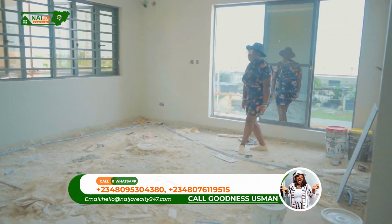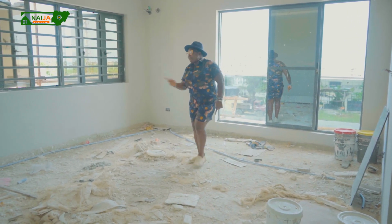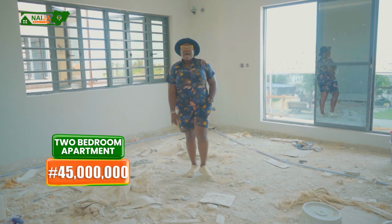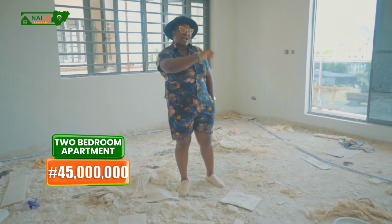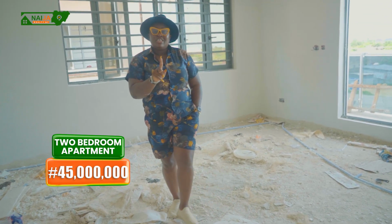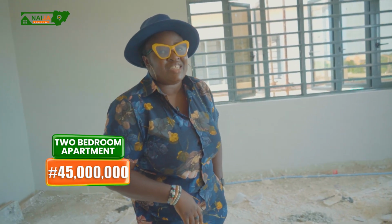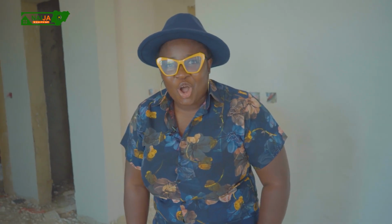So you get to agree with me that this is not only a luxurious apartment, but it is ideal for the price. Now, speaking about the price, how much is this selling? Well, ladies and gentlemen, the price is scrolling on your screen right away. Now, this is not the point where you get to go and say, oh, I'm done watching the video and start calling her. There's still more to see regarding this particular apartment. So, I'll see you guys at the end of the